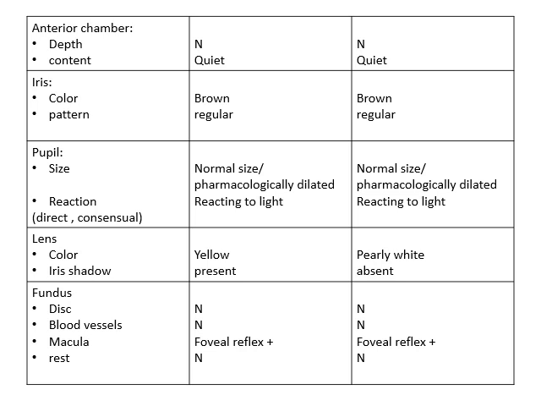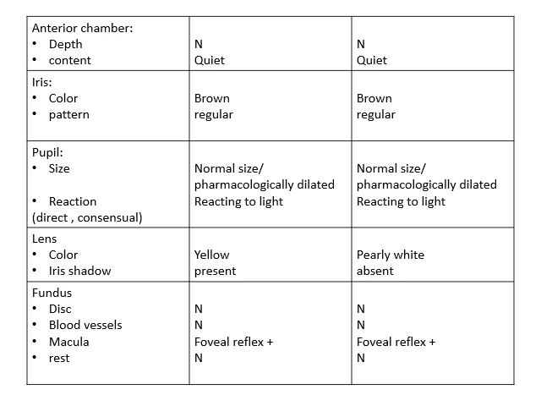Now coming on to iris, the color of the iris was brown in both the eyes, and the pattern was regular in both the eyes. Now the pattern of the normal iris is not smooth, it has crypts and furrows. If the pattern appears smooth, it is known as muddy iris, which occurs in iridocyclitis. Now very important, pupil. In pupil you will have to see the size and reaction, and in reaction you will have to see both the direct light reflex and the consensual light reflex.